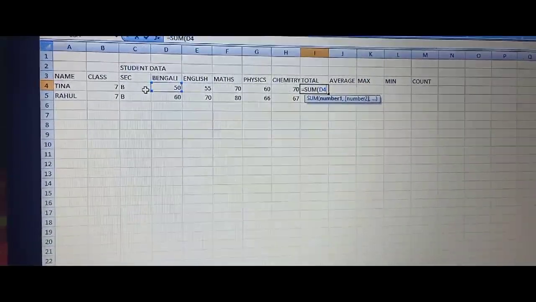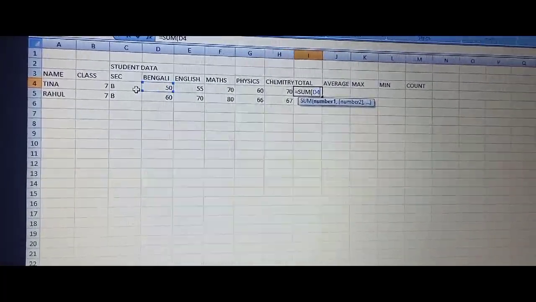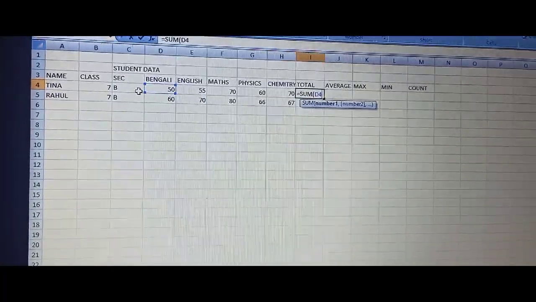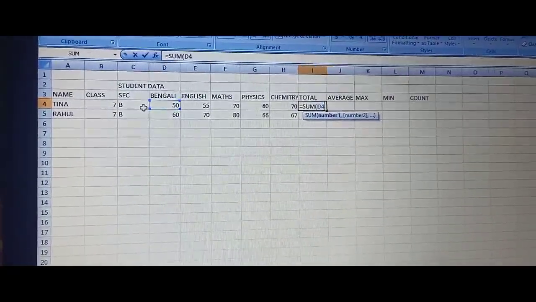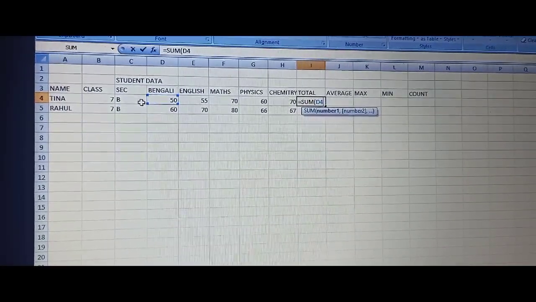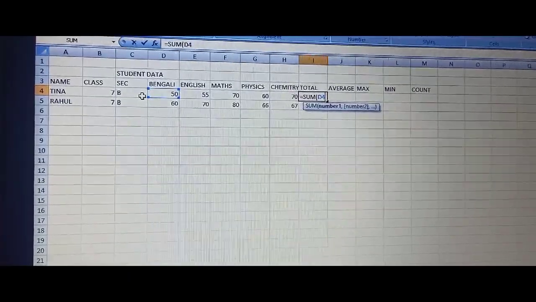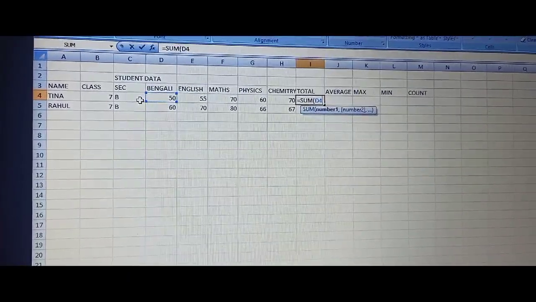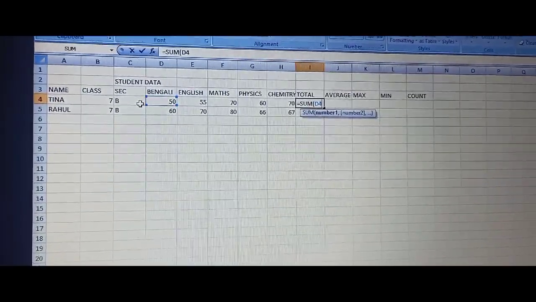Now previously I have written all the cells with the plus sign. So suppose there are many subjects, here also I have not mentioned all the subjects. When many subjects are there, if we write all the cell numbers, it's going to be a very big formula. So we can use another way to write the cells.